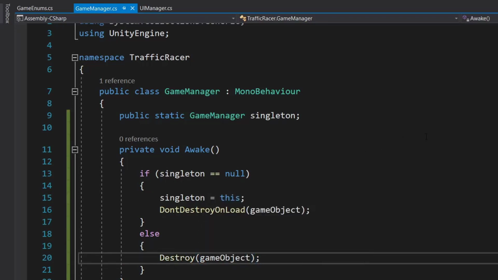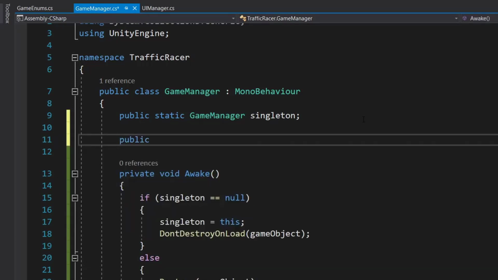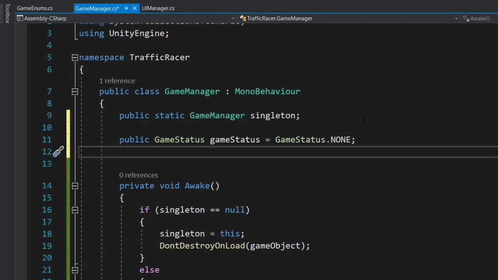Now we will create a game status variable. We will call public game status, which will be equal to game status dot none, and we will also need an int variable. So public int current car index, which will be equal to 0.